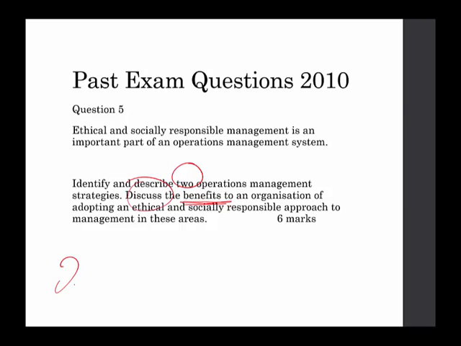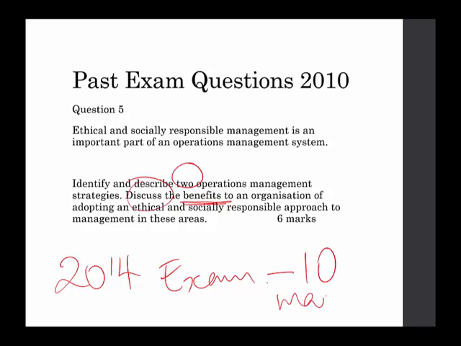You may be wondering why the 2014 exam is not featured in this PowerPoint. That's because last year the 10-mark question was on operations. So we'll have a look at that separately. I don't have enough room in the PowerPoint to put that question up. So we might have a look at that separately in class. But the 10 marker was a combination of different things on operations. Okay, there'll be